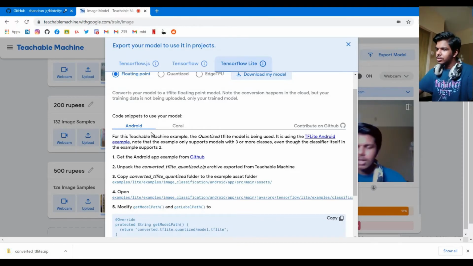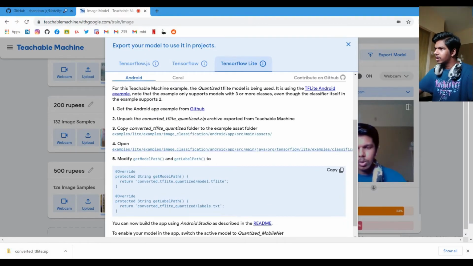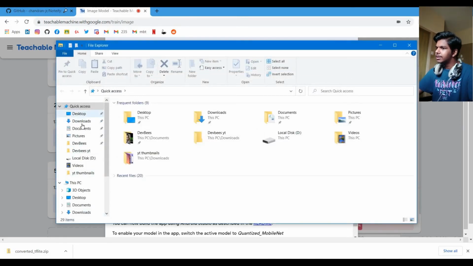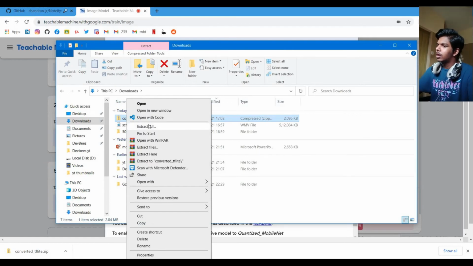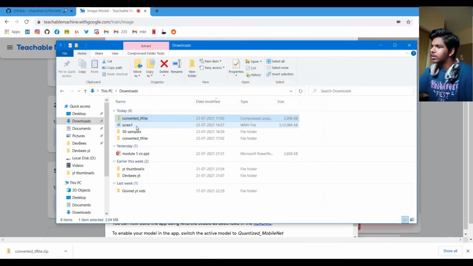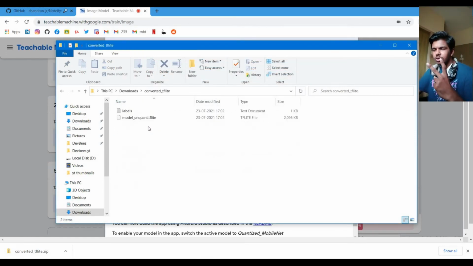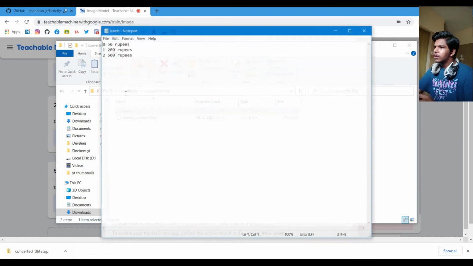So I'll show you what is in those files. As I told you earlier, it contains two things. Let's just extract right now, and yeah, here you go, converted TF-Lite. So it contains two things: a .tflite file, that's the main model, and the labels file, the .txt file. Let's just show. Yeah, here you go.